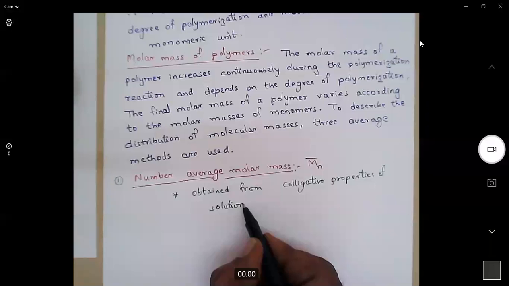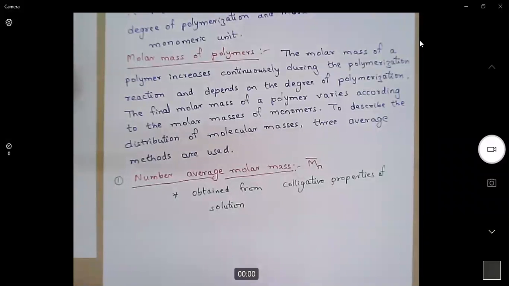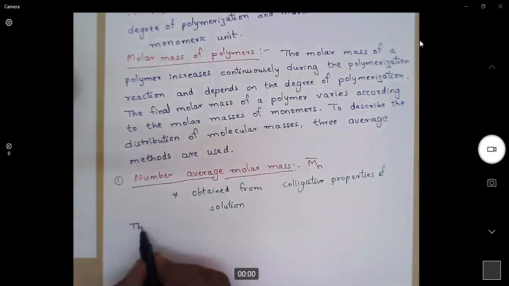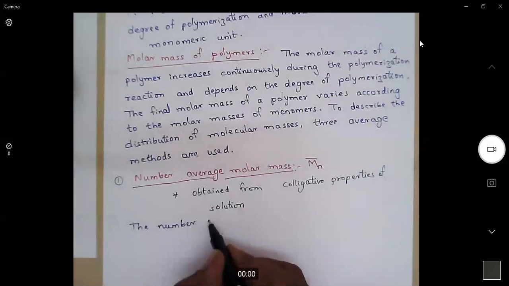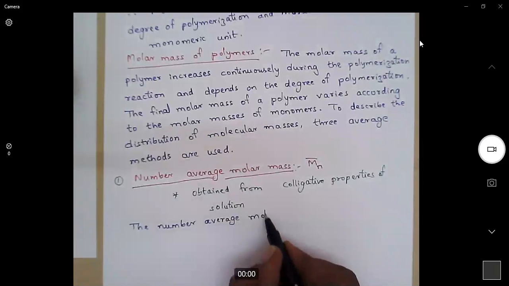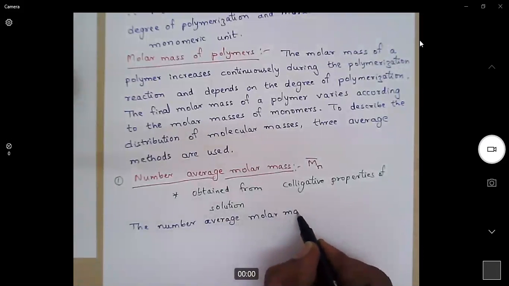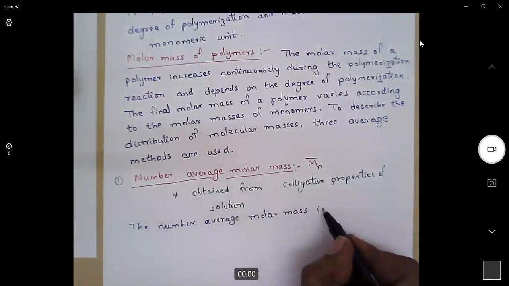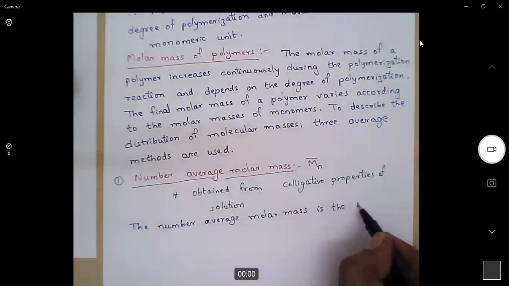When we measure colligative properties, particularly for number average molar mass, we will use osmotic pressure. The number average molar mass is the summation